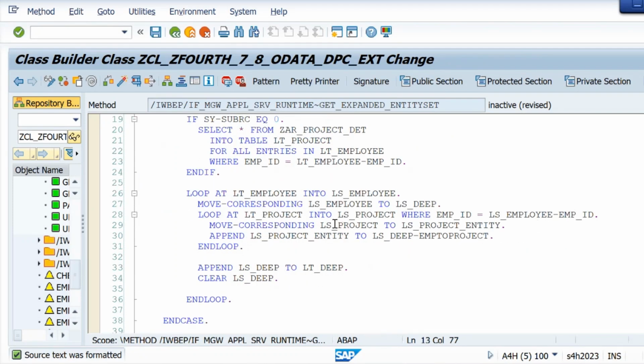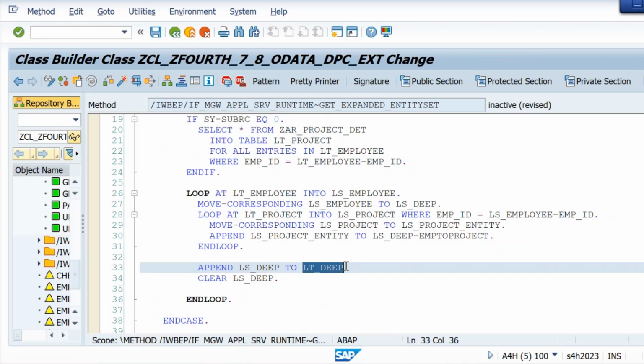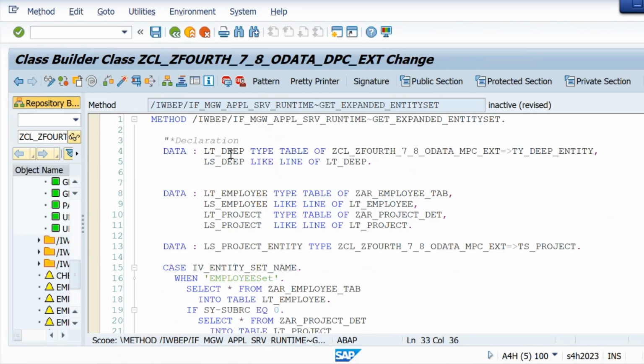All the data one by one is getting transferred into the work area. And then that work area I am implementing into the column of this deep. I'm appending it. Once all this data will be appended, we will come out of the loop. We will append the LS deep to LT deep, and then we are clearing it. Finally, we will have the data into this internal table, which is our LT deep here,